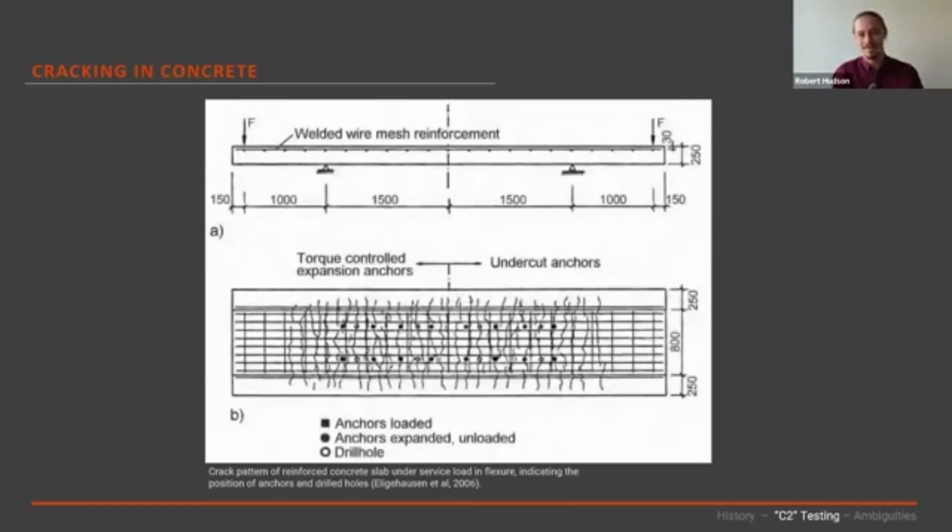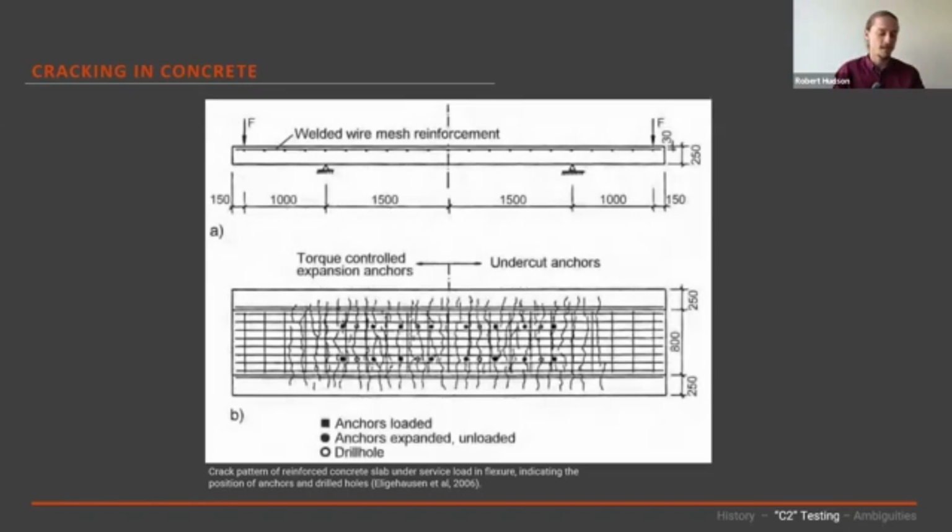We start having cracks in our concrete and our anchors are in those cracks. That's obviously going to impact the performance of any post-installed anchor. Take the extreme case where your crack starts becoming wider than your anchor, it's going to fall out of the hole. Thankfully, we don't often have that scenario, but it's a spectrum, right? The larger the crack, the more impact we have. But there is this baseline assumption when we talk about this that we are allowing for when cracking occurs in concrete, that crack will occur where that anchor is.